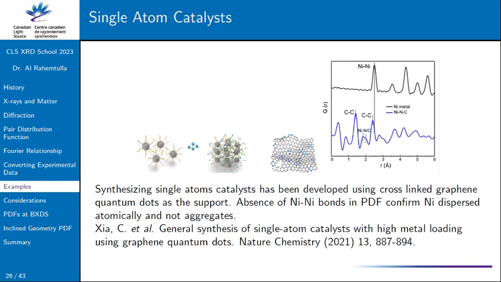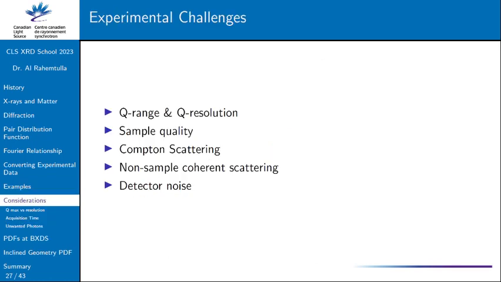And we can see whether there's the presence of certain peaks or not. So while this all may sound simple, especially for anyone who's done powder diffraction measurements before, there's a lot more things that we need to consider and be mindful of than when we're doing powder diffraction with an area detector. The biggest thing is going to be dealing with the fact that because we're doing a Fourier transform,